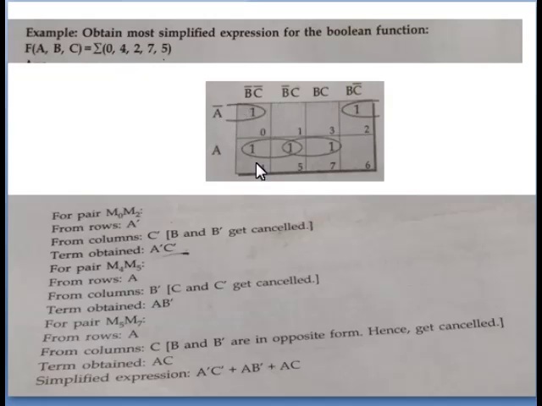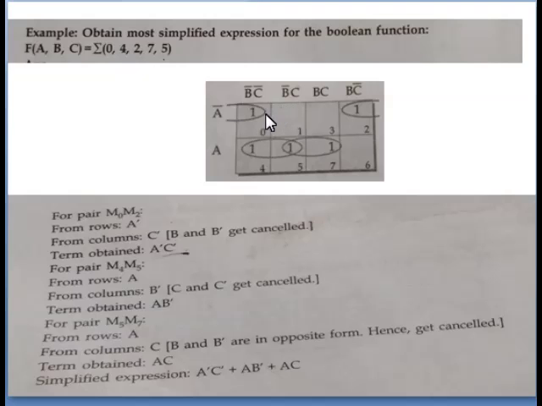Then you see this is sum of product, meaning in each and every cell we have to occupy the cell with 1. Go to the 0th cell and put 1. Go to the 4th cell and put 1. Go to the second cell and write 1 here. Now 7th cell 1 and 5th cell 1. So the marking process is over.